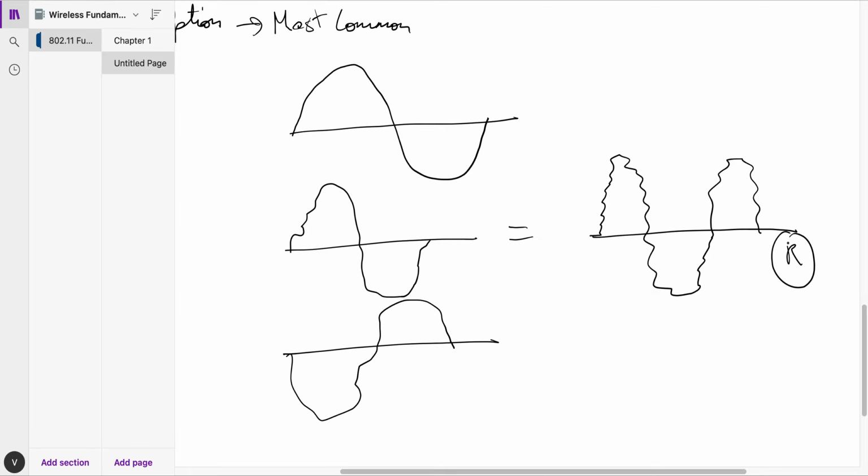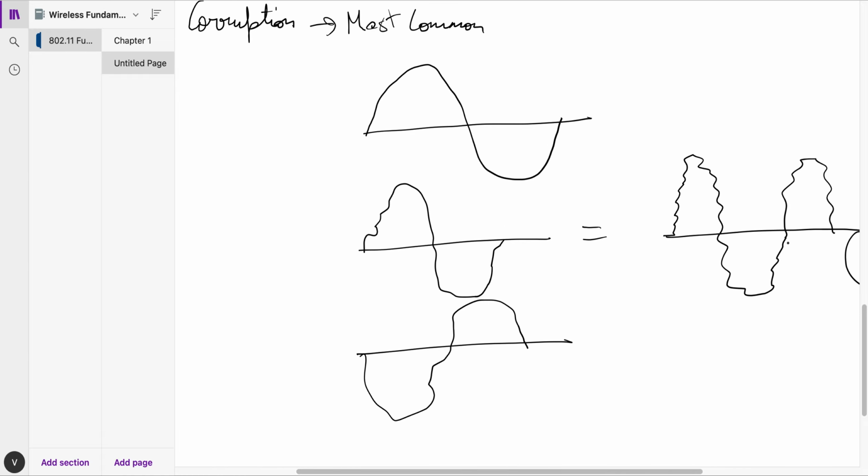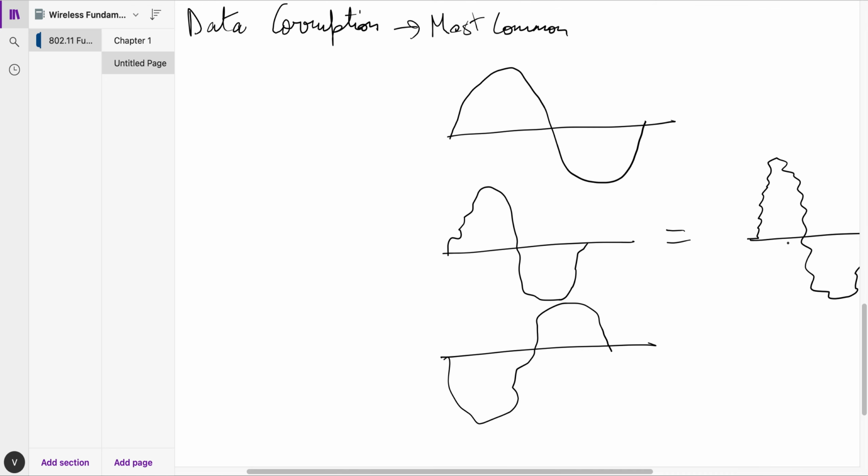So imagine yourself in a vacant room where you shout your name and then you hear echoes coming from all directions. That is called multipath. You are listening to your same signal from multiple directions. That's the practical example of multipath. So if you're transmitting anything from the access point, trying to talk to a client from the AP, it is possible that multipath is happening even at that level.